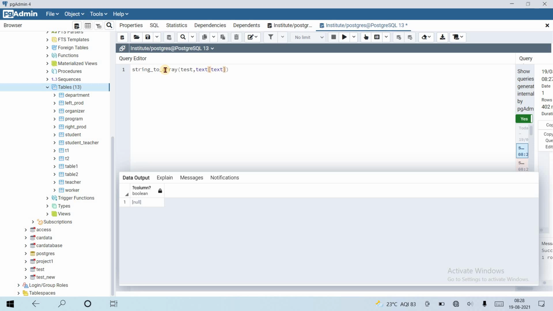Let's see how it behaves. The example is select string to array, and in parenthesis, suppose the first is the string 1 comma 2 comma 3 comma 4 comma 5, and the second parameter is the separator you want, that is the delimiter, suppose comma.